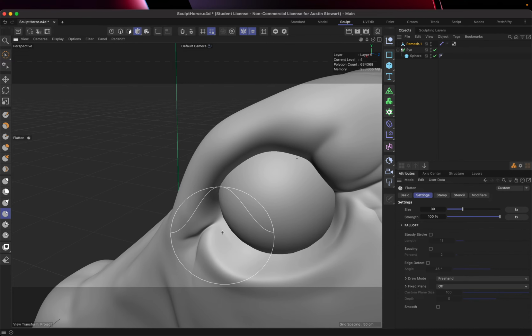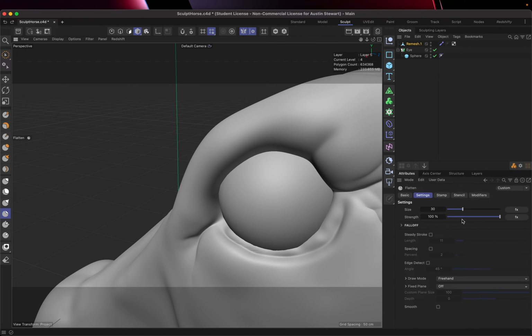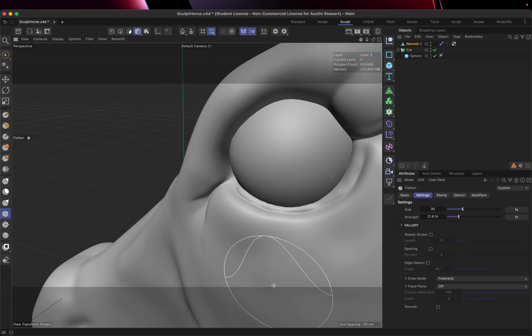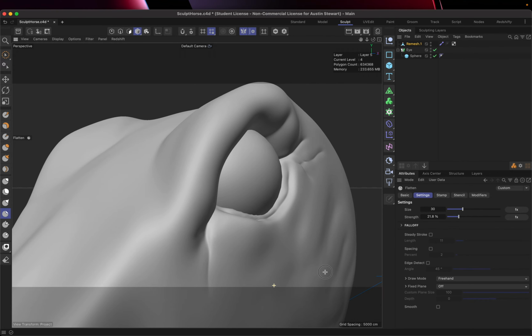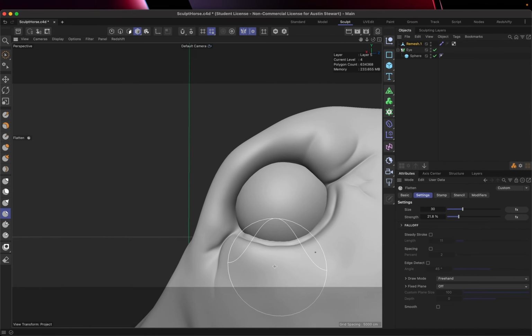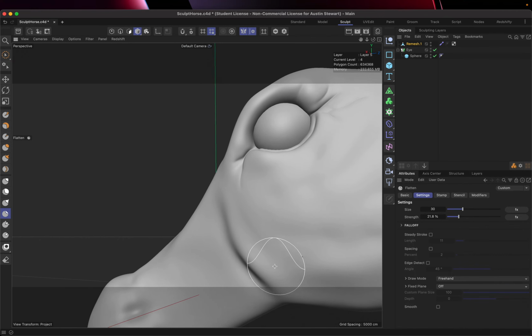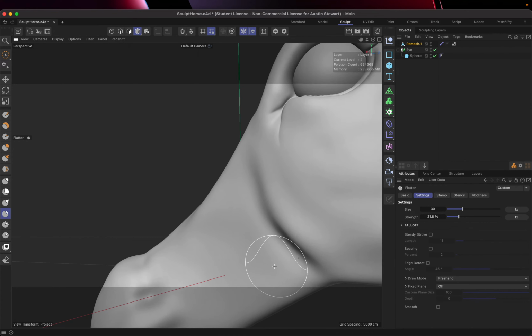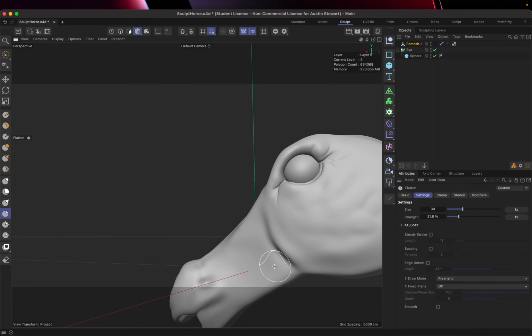Ooh, that's a lot, right? That's a lot of pressure. Oh, and it's set to 100%, of course. That's why it's doing such a bad job. The brush size is pretty big, but actually flatten, I think, kind of helped. And so you get the idea. We're starting to get things that are a bit more